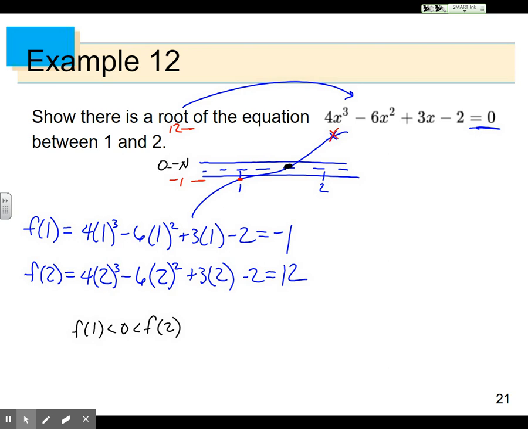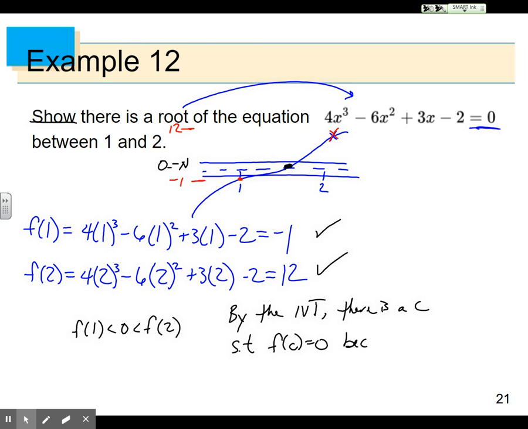And so to wrap this up, I'm telling you that there is going to be a root right there. And so this shows it. By getting a negative and a positive number, I can wrap this up and I can say by the intermediate value theorem, and I just call it IVT, there is a c such that f of c equals 0